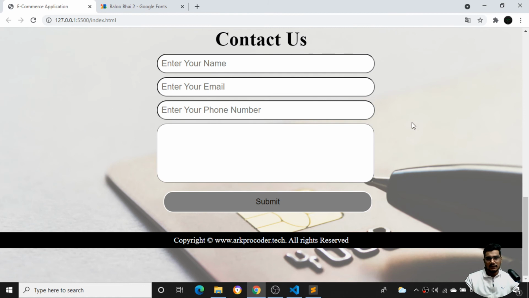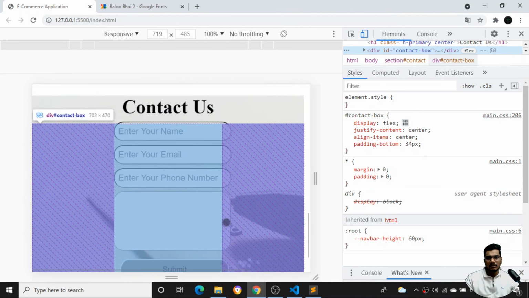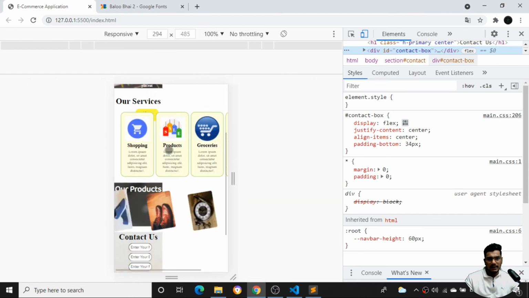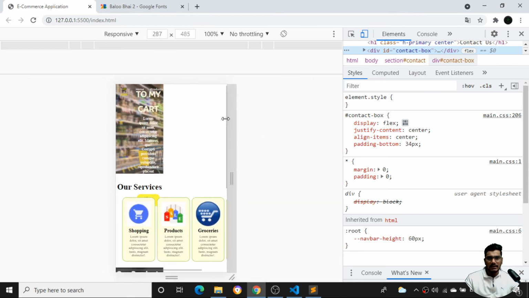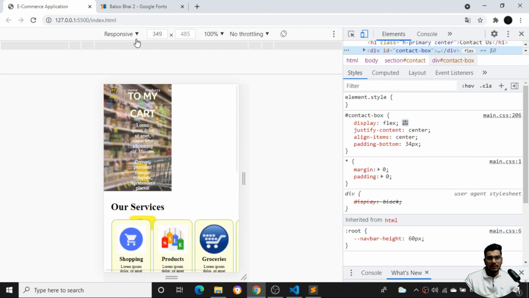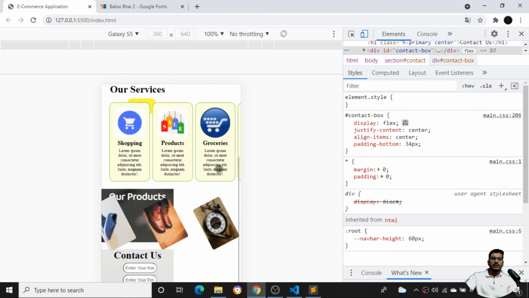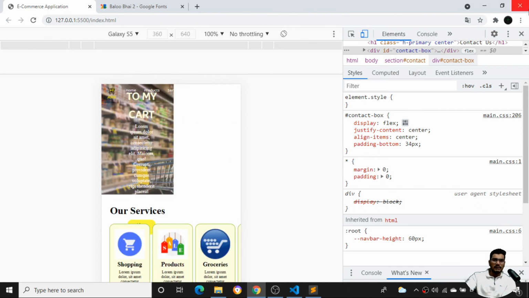Once I save, if I right click and inspect, you can see how it will look in mobile. Because of the image, it is coming in this fashion. All the things are fine, but in the mobile it is not responsive. The main thing is that in the mobile I need to get the website in a very relevant manner.